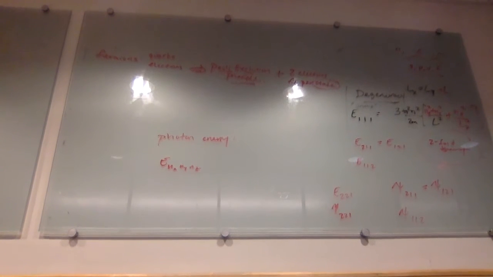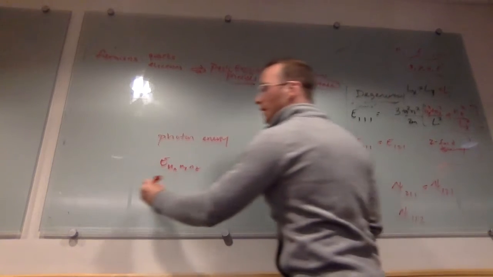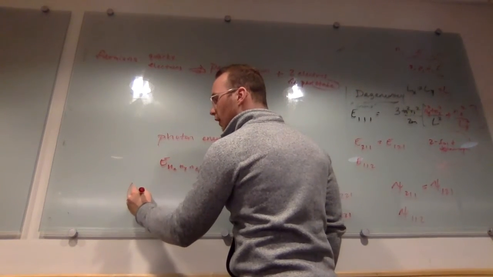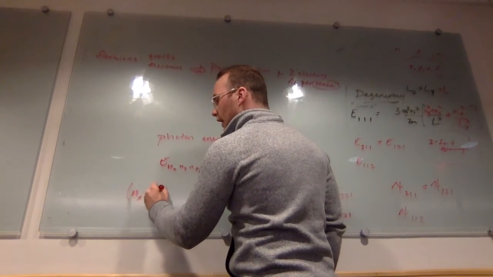This is a little bit silly. They should just ask you the lowest. They shouldn't ask you the 3 lowest. It's kind of silly. But just remember that how you get the energy is you do NX, NY, and